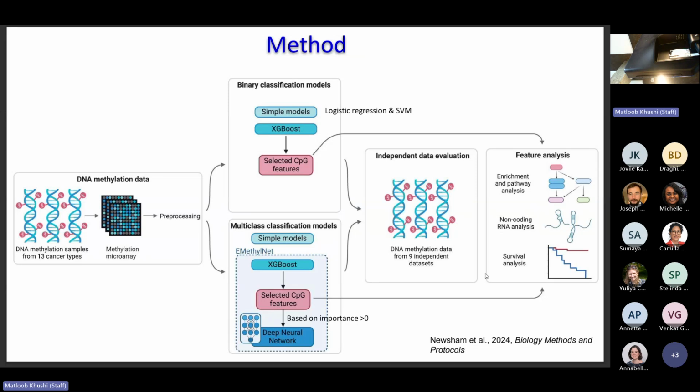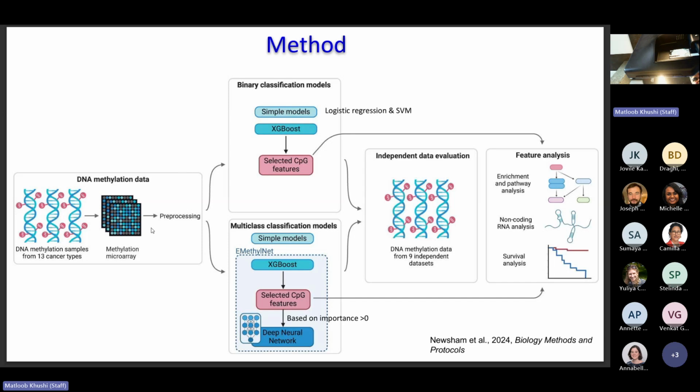And the approach that we used is this. We do a lot of pre-processing. This is the most important step. If you just take the data and try to use it for training, there's a lot of inherent noise and biases in the data. Some of the probes don't bind to where they're supposed to bind because they were designed incorrectly. About 20% of microarray probes do this, so you have to filter them out. There are all these pre-processing steps which make the data suitable for modeling.